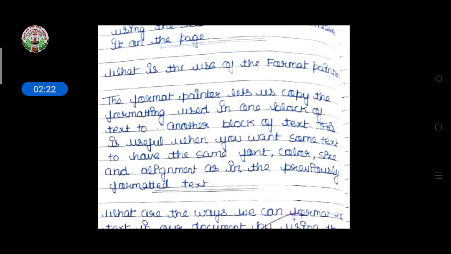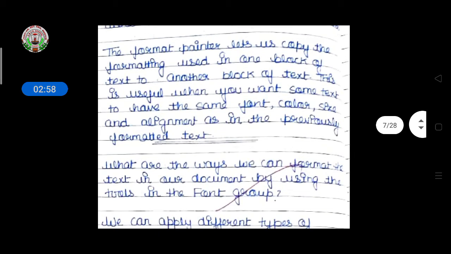And then again you want the same changes in the third paragraph or fourth paragraph. So you select the paragraph which was formatted earlier and then click on the Format Painter. The changes are automatically copied, and then if you want to change the third or fourth paragraph, just click on that particular paragraph and it will change the same as the first paragraph, whatever formatting you had done. This is the use of Format Painter.